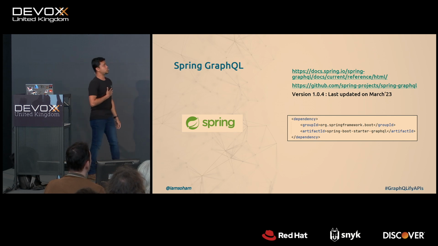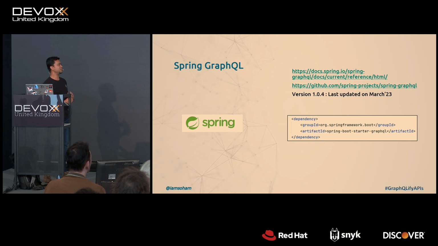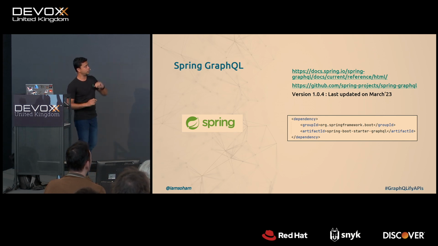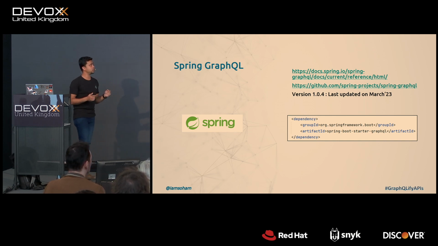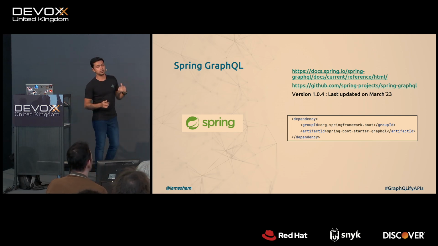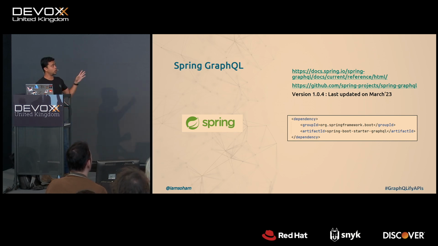Last but not least, the Spring GraphQL, Spring for GraphQL. I don't know why they chose the name, but OK, I found it funny. So they came out last year. The last update is for also Spring Boot 3. The 1.0.0 was 2.7x. No, actually, before 1.0.0, everything was for 2.7x. And from 1.0.0, it's for Spring Boot 3. You need one dependency, and that's what it is.